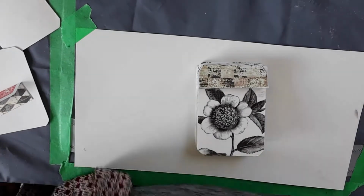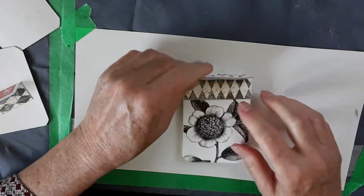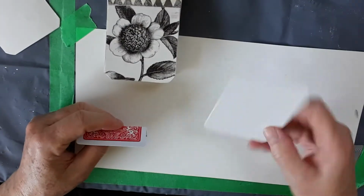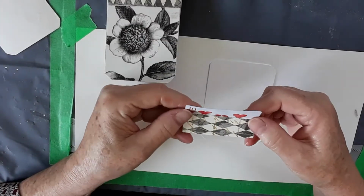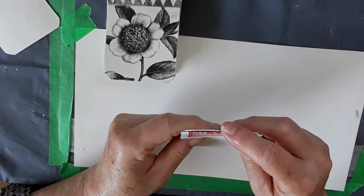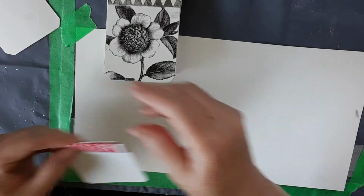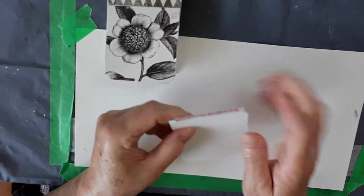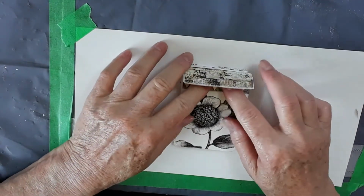Okay, our glue's all dried, well, dried enough. And let's take a little peek at where we're at, sort of a recap. This is a playing card that I've covered with cardstock on both sides. And then measured half of our card, folded that in half, and that's going to be our flaps that will separate our pages. So that will be glued on there, and then we will come in with another page which will be glued on, and then we'll have another flap, and then so on and so on. So this is our book